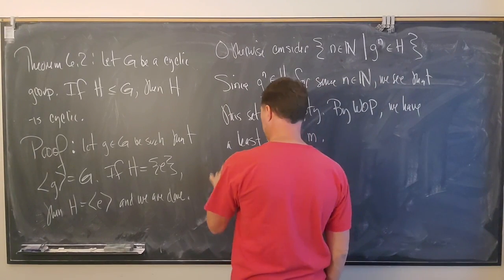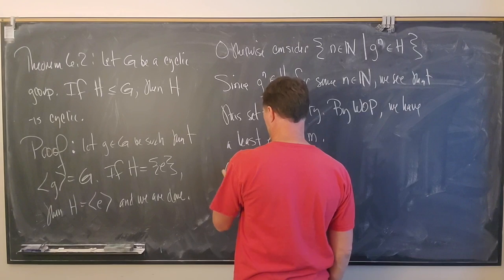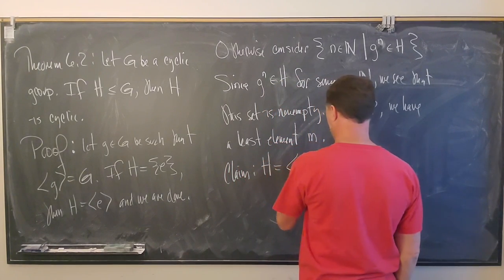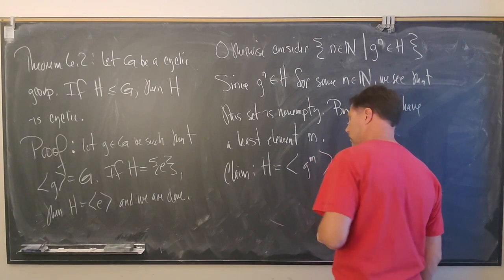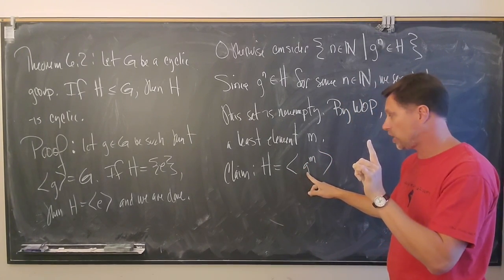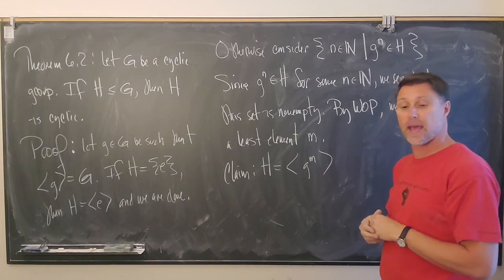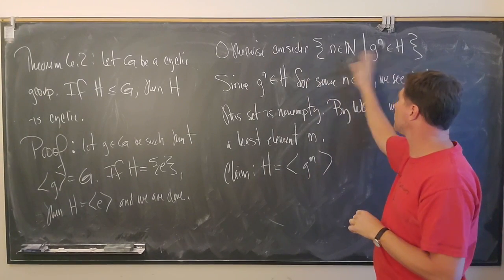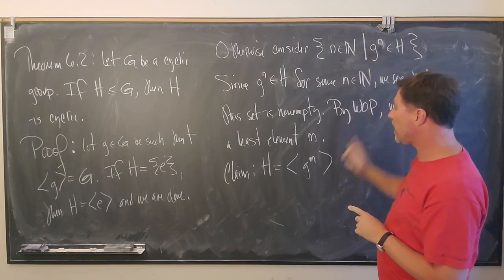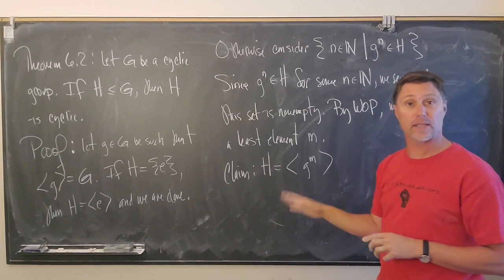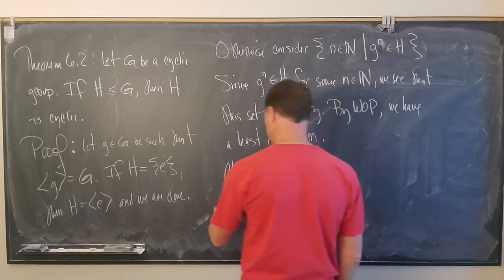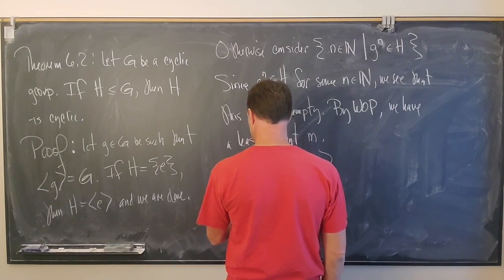And the claim then is that a generator is found by taking the generator for capital G, so take little g and raise it to the mth power, where m is the least element. It's the smallest positive integer so that when you raise g to that power, it lands inside H. And it turns out that this is going to be a generator for H. So to prove this claim,